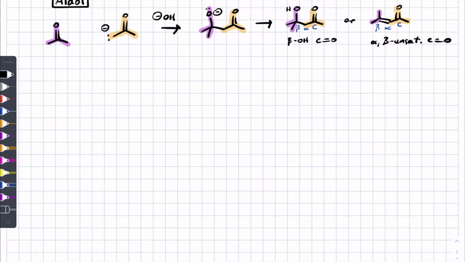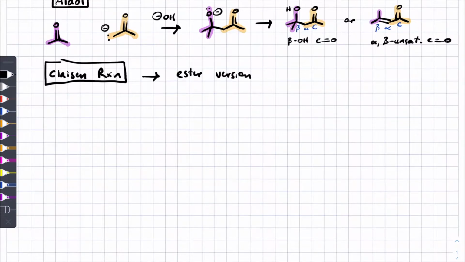Today we're going to introduce a new reaction called the Claisen reaction, but you shouldn't think of it as a separate thing. In fact, it's just the ester version of the aldol. What do we mean by this? Well, if we take this ester and react it with